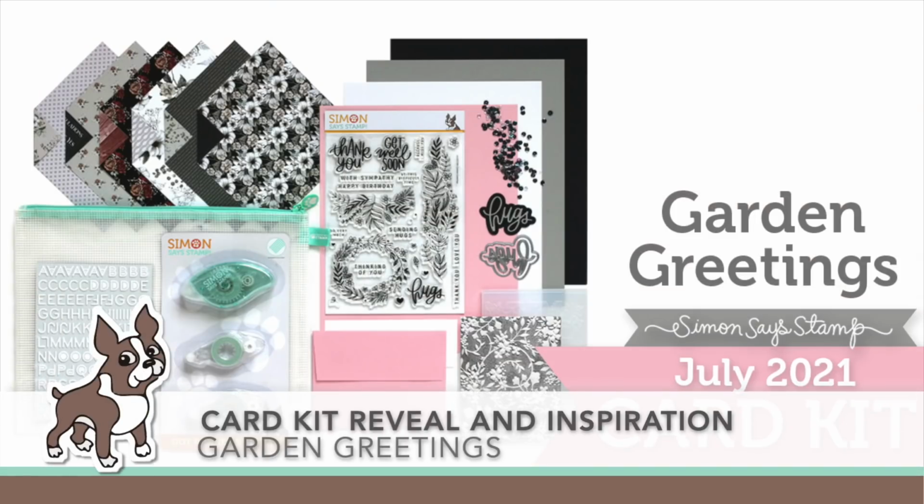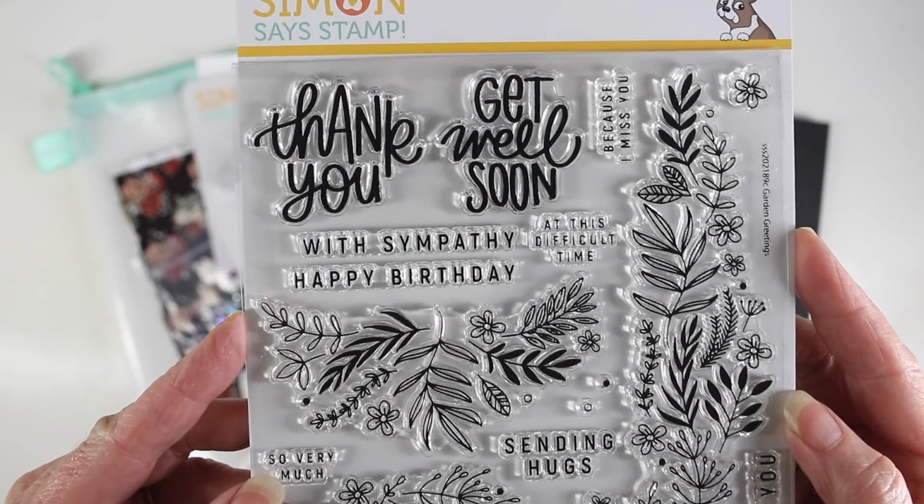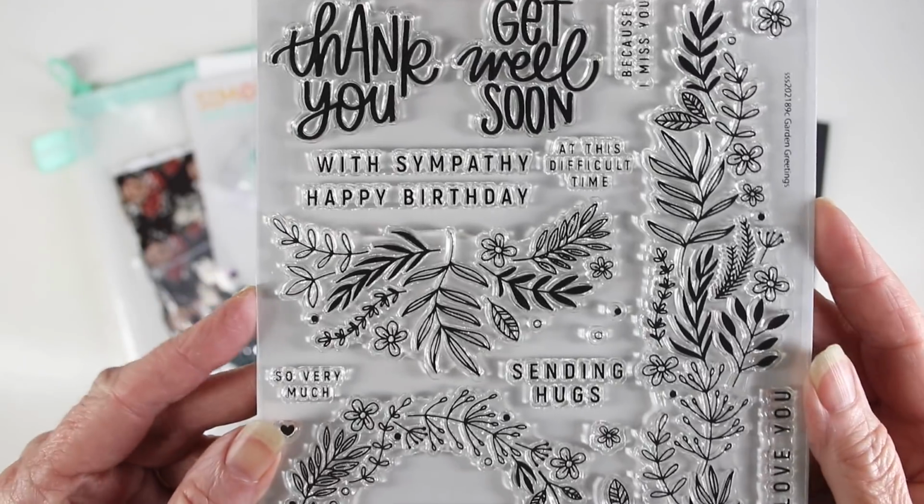Welcome everyone to the card kit reveal and inspiration for our latest card kit. This one's called Garden Greetings, and we have this packed with so many great items I think you're going to love. So I'm going to start off with our 6x8 stamp set, and this one is called Garden Greetings, and